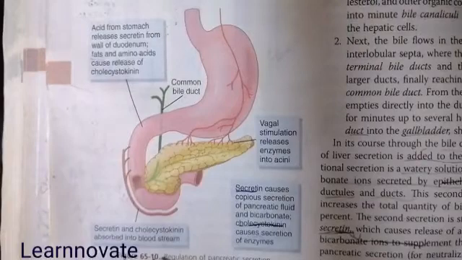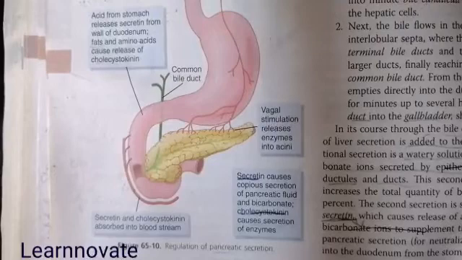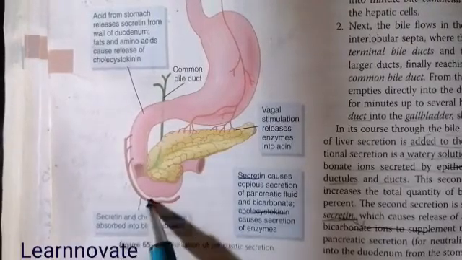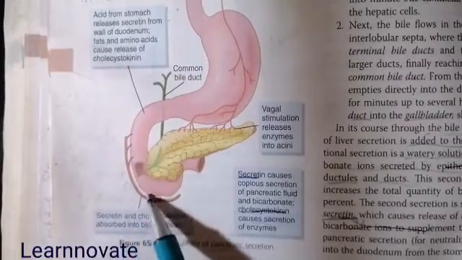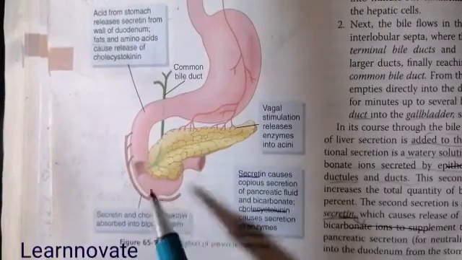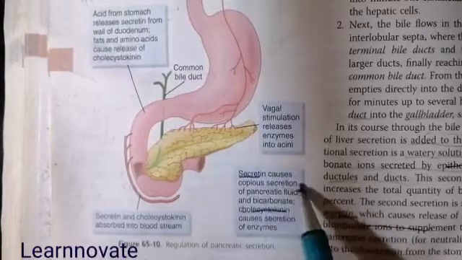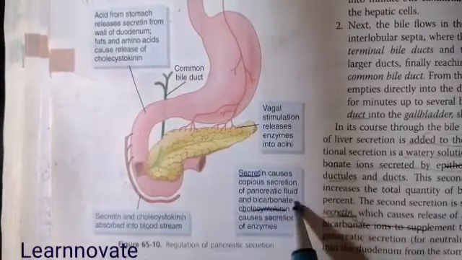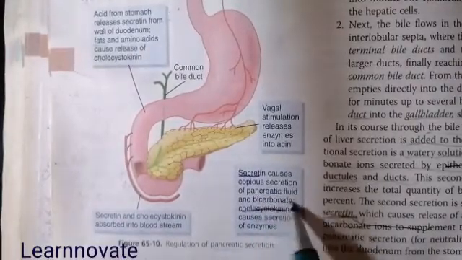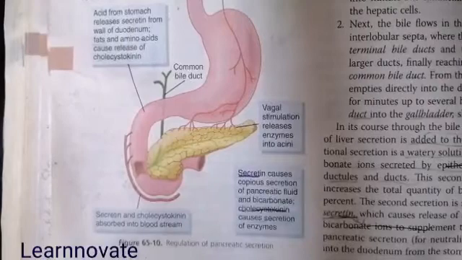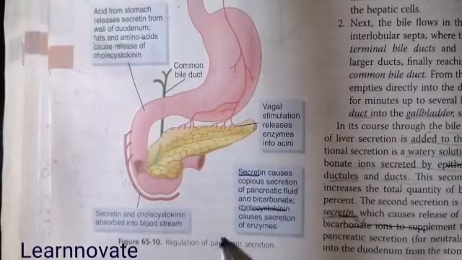The pancreatic secretion contains the amino acids, the bicarbonate and the water and enzymatic secretions. The cholecystokinin and the secretin are moved by the blood vessels, that is the bloodstream, and act on the pancreas. At last, the secretin causes the copious secretion of the pancreatic fluid and the bicarbonate. The secretin is responsible for the secretion of the fluid and an increased amount of bicarbonate into the pancreatic juice, while the cholecystokinin is responsible for the secretion of the enzymes present in the pancreatic juice.